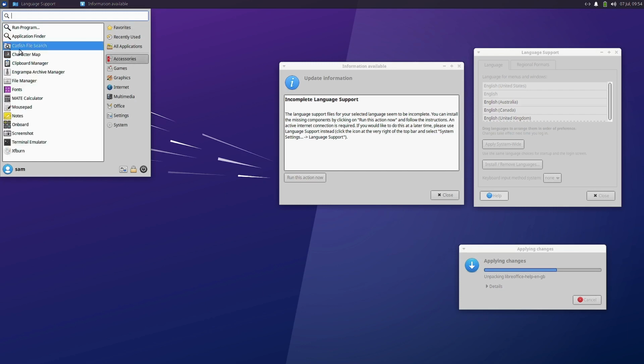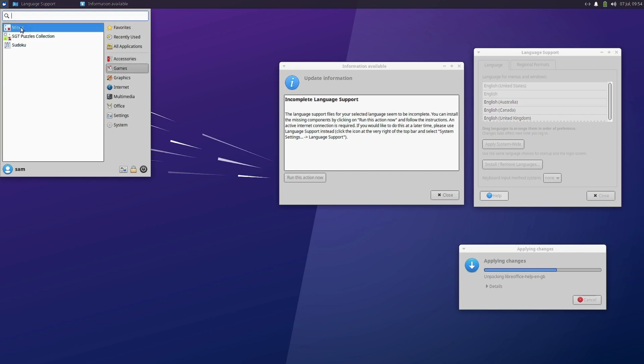So you have got the Catfish file search, character map, clipboard manager, archive manager, file manager, fonts, Mate calculator is given here in the XFCE desktop, Mousepad, notes, onboard keyboard, screenshot, terminal emulator. In games section, let us check out, 3 games are there: Mines, SGT puzzles collection, Sudoku. In graphics section,